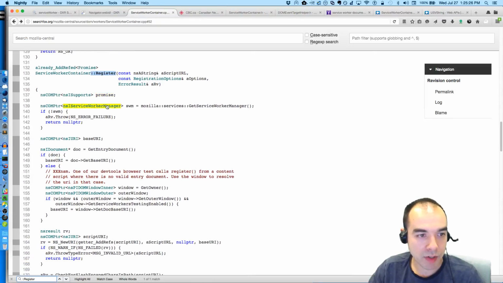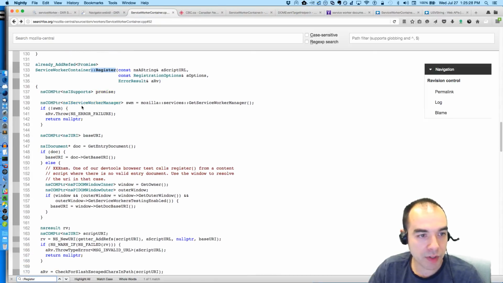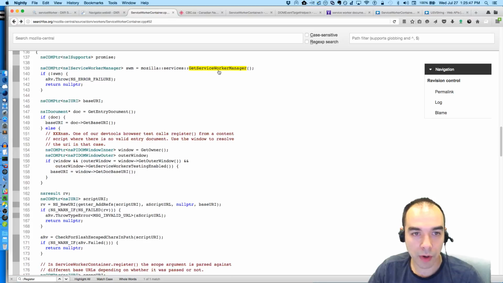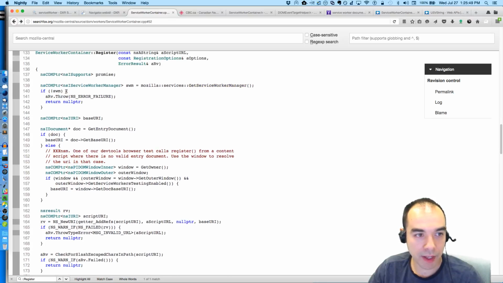Just the pointer. We haven't actually created a promise yet. Then we get what's called the service worker manager, and this is a thing that's implemented using XPCOM. You can tell because we're using an nsCOMPtr. And we get it using Mozilla Services, which, if you've ever written front-end code, is the equivalent of Services.jsm. Get service worker manager. And if things...